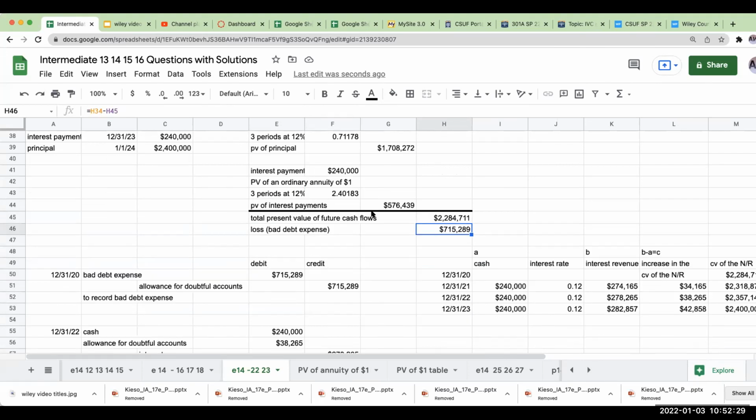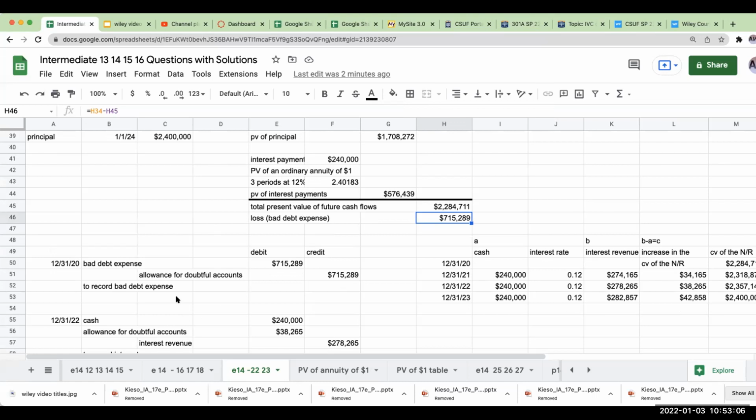Notice here that we're not directly crediting the note receivable. What we're using is this allowance for doubtful accounts. Could I use a discount on a note receivable? I mean, the allowance for doubtful accounts is essentially what it is. It's effectively accomplishing the same thing, so I don't necessarily disagree. I might want to have a separate allowance for this type of loan and then maybe a sub account just so I can track it. But that's what we're going through and doing here. I don't disagree with the solution that the book has.